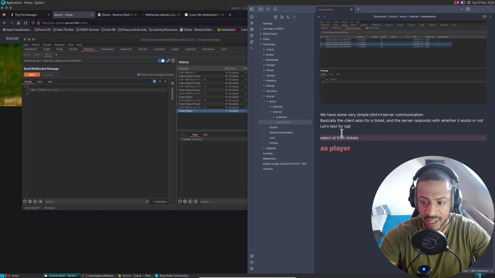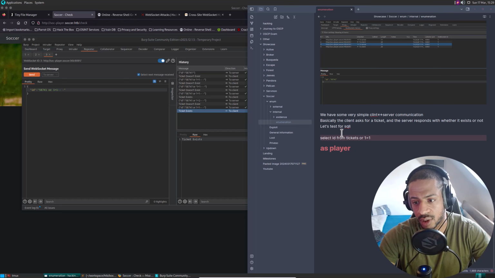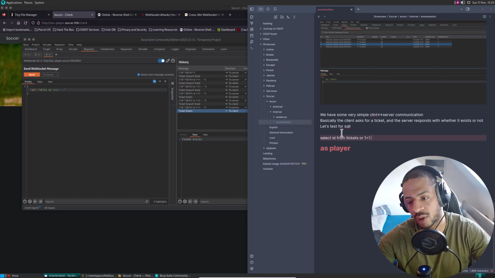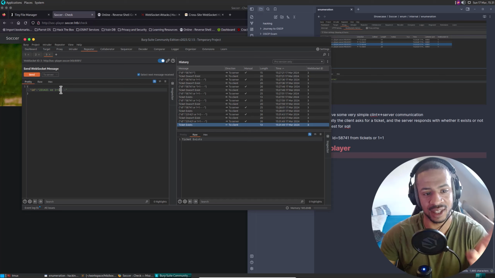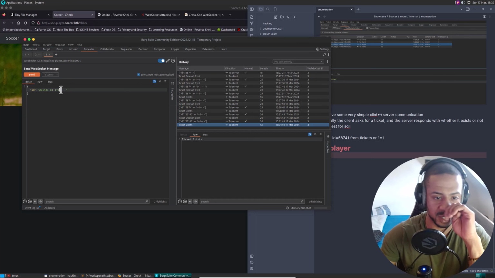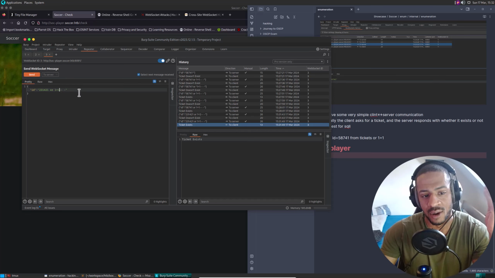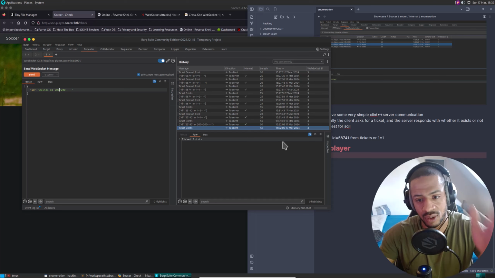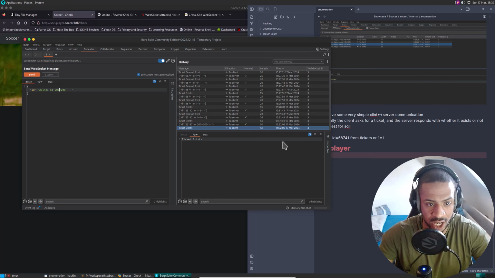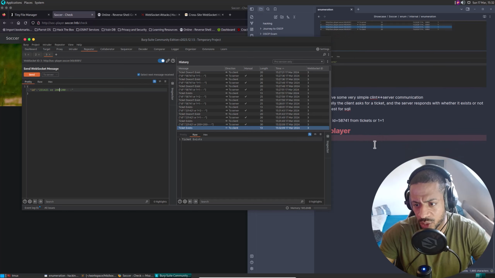So yeah, that would be the initial SQL command. But then what I say is or 1 equals 1. Basically what I'm saying here is if either one of these two is true, oh, sorry, I said that wrong before. I didn't say if both are correct. It's if either one of them is correct, then it will say ticket exists, which here is the case. I could also say 2000 or 200 and 200 and it will still say ticket exists. So this is classic SQL injection. The only issue we have is that it's blind. It's not telling me anything else.